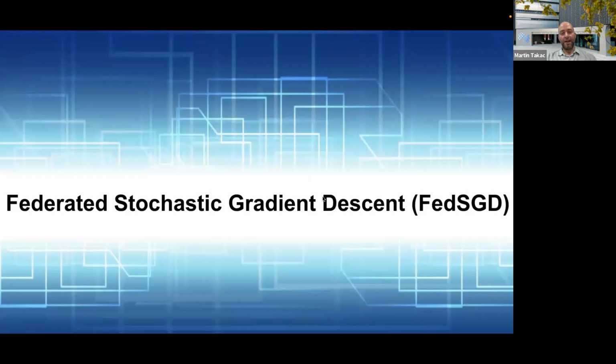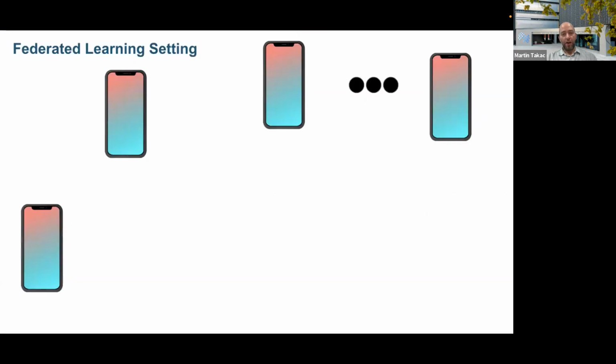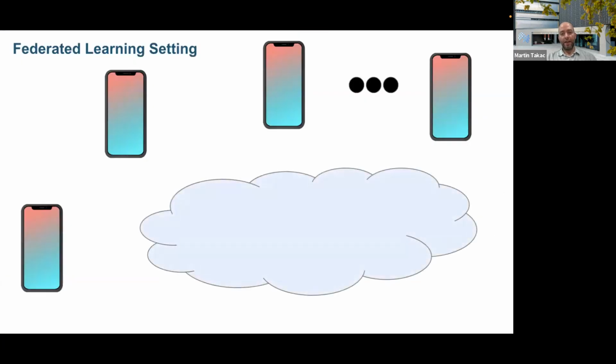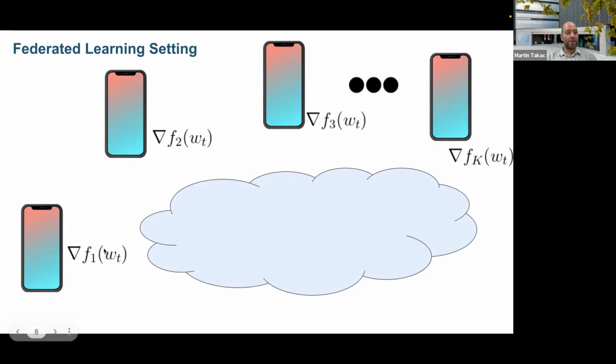One of the baselines, or one of the simplest algorithms you can think about, is FedAvgGD. How it works: you have those K devices, each of them receives the current iterate w_t, and afterwards they compute, let's say, the gradient using their own local data. Maybe it can be the full gradient or just a stochastic gradient estimate, it doesn't matter.